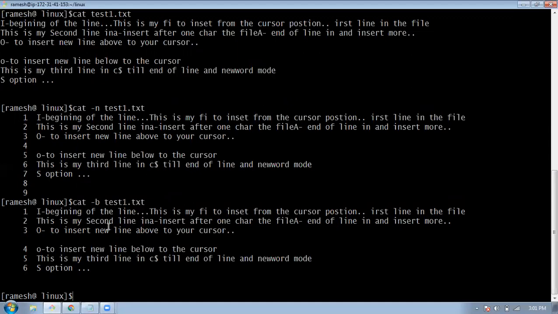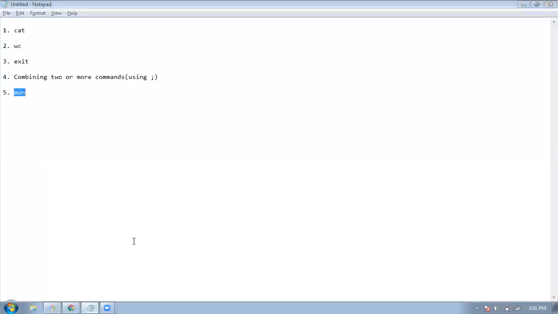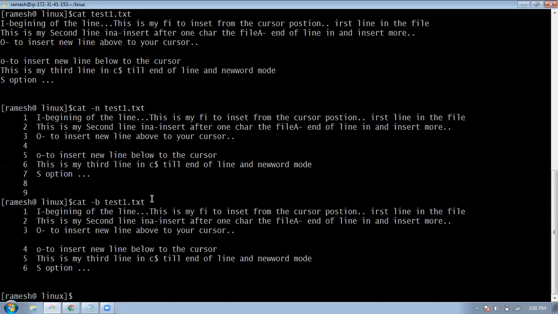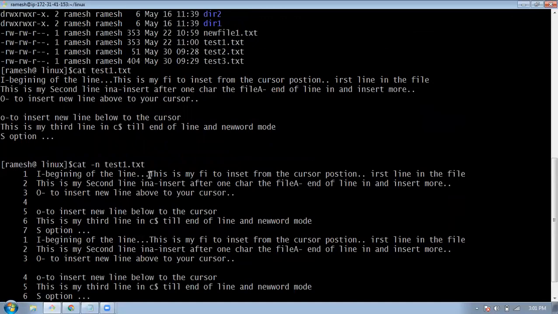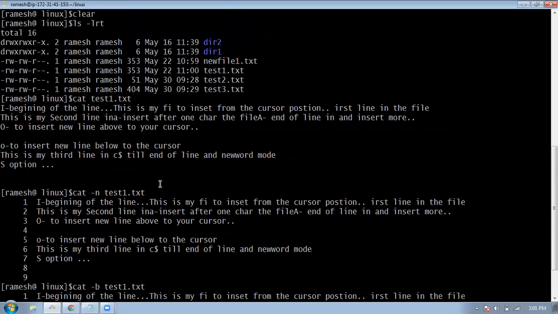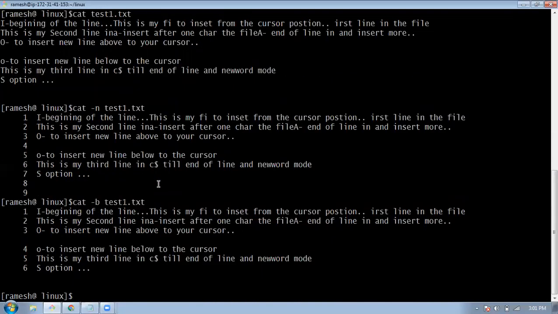Also, you can create a file using the cat command. We'll see how to use it. Cat, and then you use the greater than sign to create a new file. I have to give the new file name.